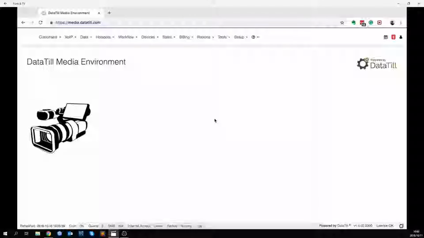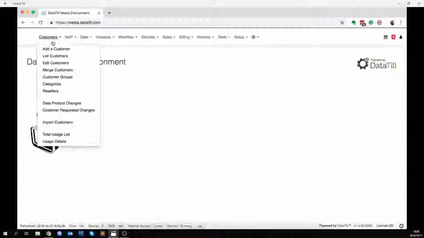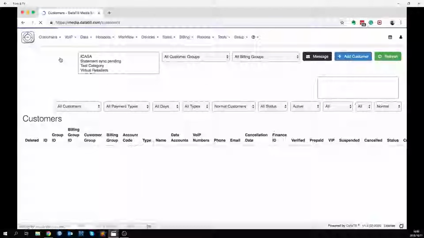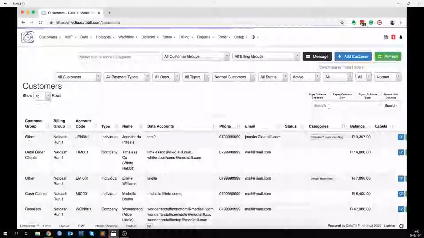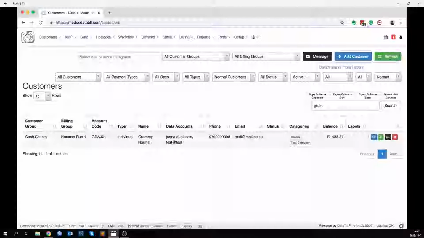Today's webinar will be on the customer profile and all the widgets which you can find on this profile. So to find your customer profile, you will need to go to Customers, List Customers, and then here in the search function you can type in the customer's name. You can either click on the search button or press enter, and then your list will filter according to the